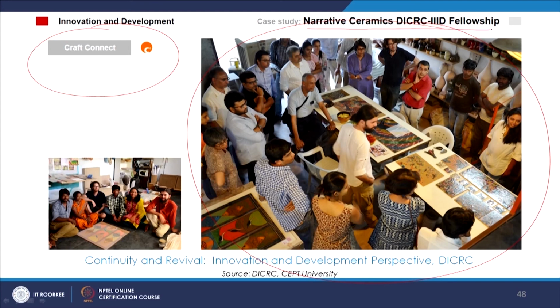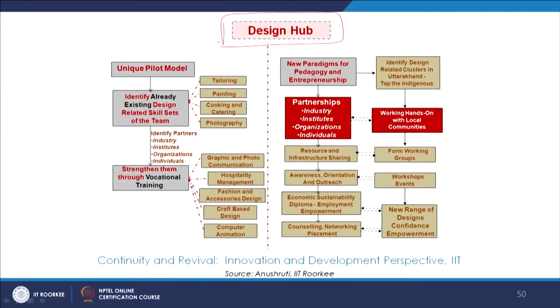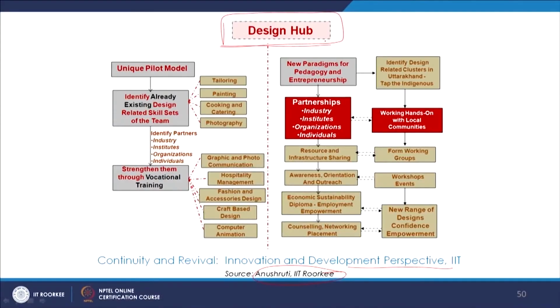There are also initiatives like the DICRC Triple ID fellowships. So a lot of people come together. So this was a proposal for a design hub which was being created for Anushruti, which is a social initiative of IIT Roorkee, and it was being worked upon, and it was only in the stage of ideation, where this design hub was considered as a unique pilot model which would identify the existing craft skills and design skills of this school Anushruti and the students who possess those skills,